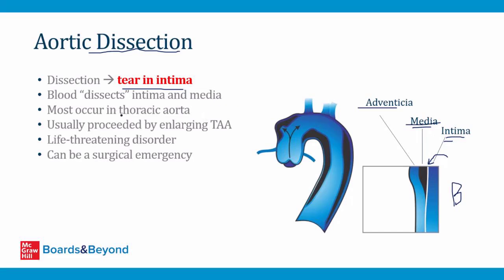Most of these occur in the thoracic aorta. They're very uncommon in other locations. And they're usually preceded by development of a thoracic aortic aneurysm that enlarges over time until the dissection occurs. Aortic dissection is a life-threatening disorder, which I'll talk about in a minute, and it can be a surgical emergency because surgery is indicated for certain types of aortic dissection, and the longer you wait, the worse the outcomes for the